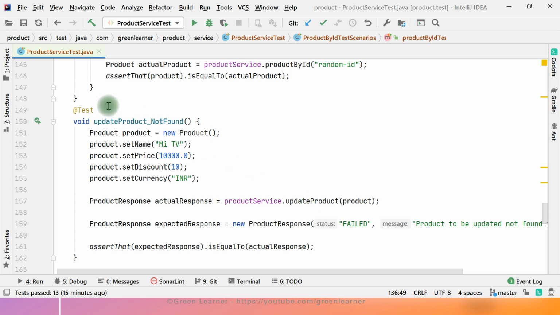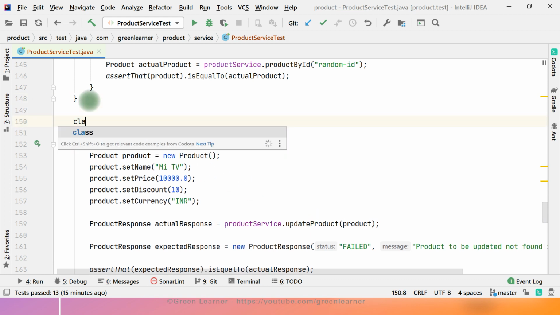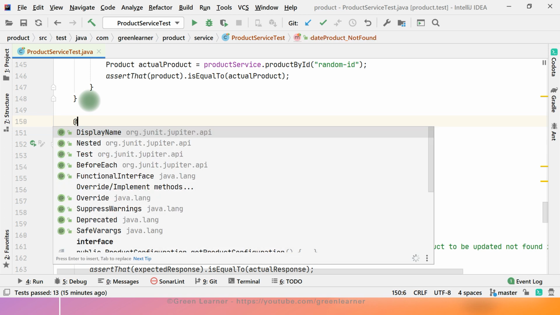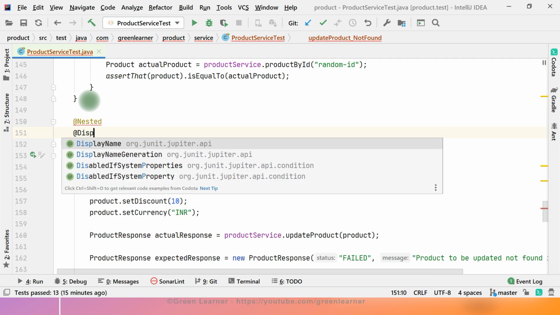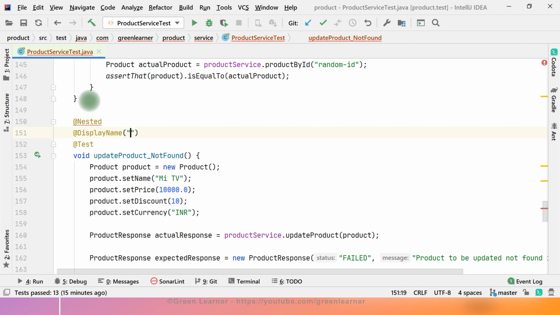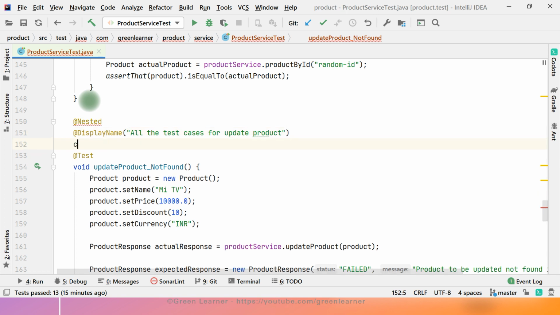So update product. Now coming to update product, we can write nested first as well, that's not an issue, display name and all the test cases for update product. And the class I have to call update product test scenarios.